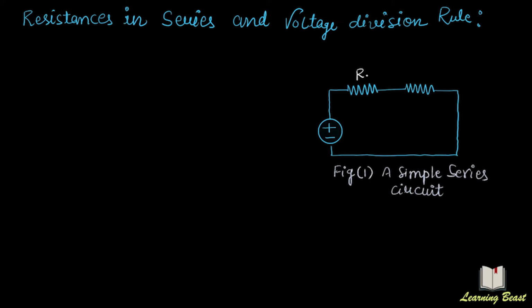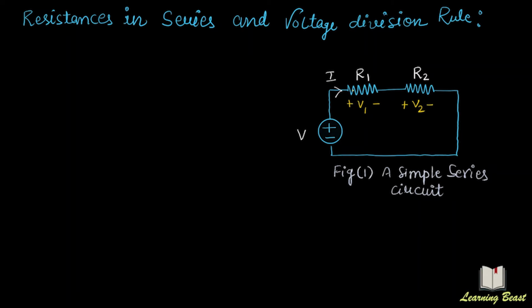Suppose this is the resistor R1 and this is having value R2. This is connected to a voltage source having value V. As this circuit is closed one, then definitely there will be a flow of current. Suppose that current is I. As the current will flow in the circuit, definitely there will be a voltage across the resistor, and that voltage drop I am assuming here is V1. Similarly, the voltage across R2 is V2.